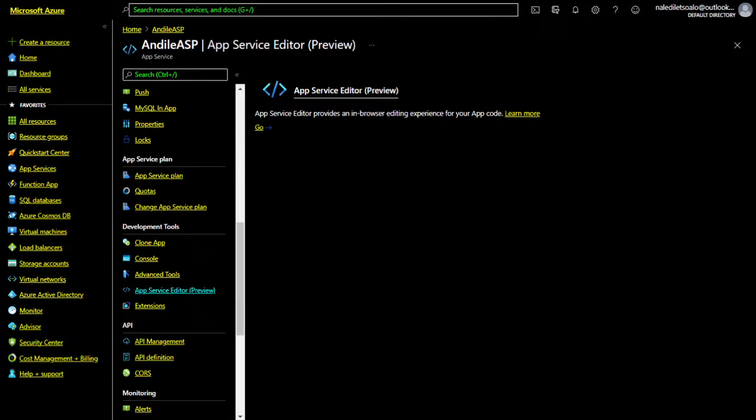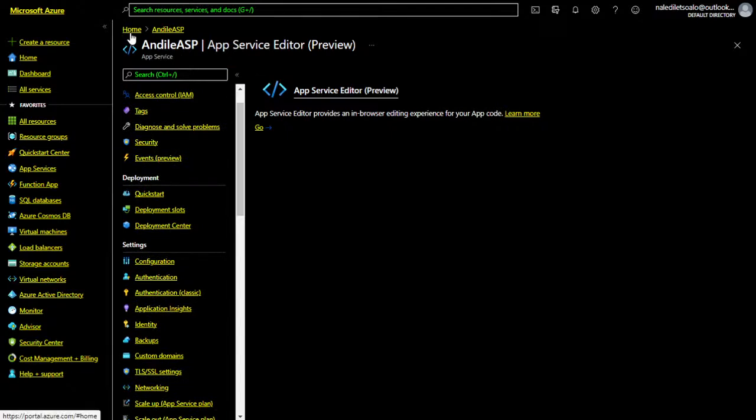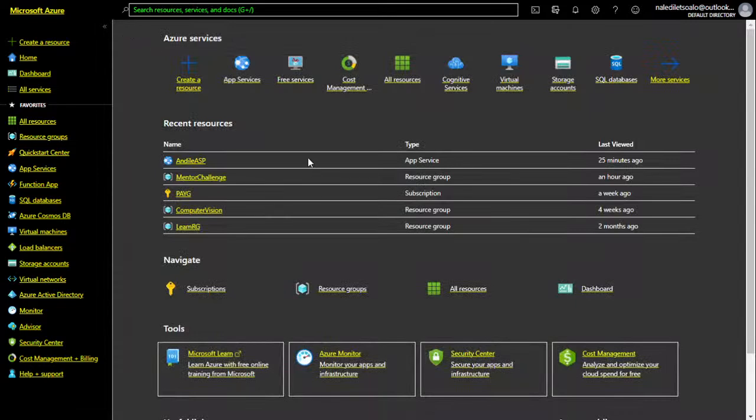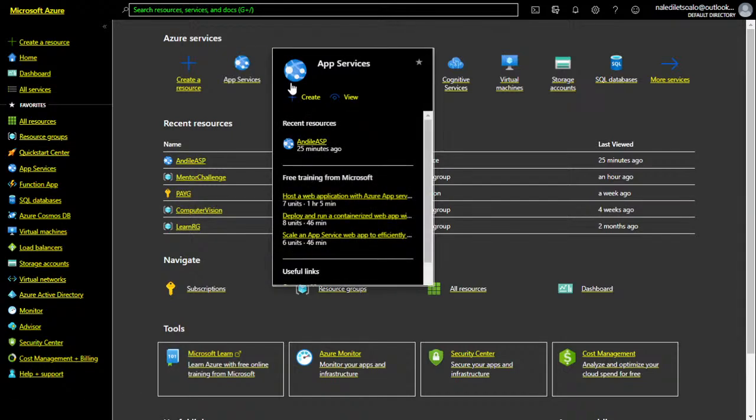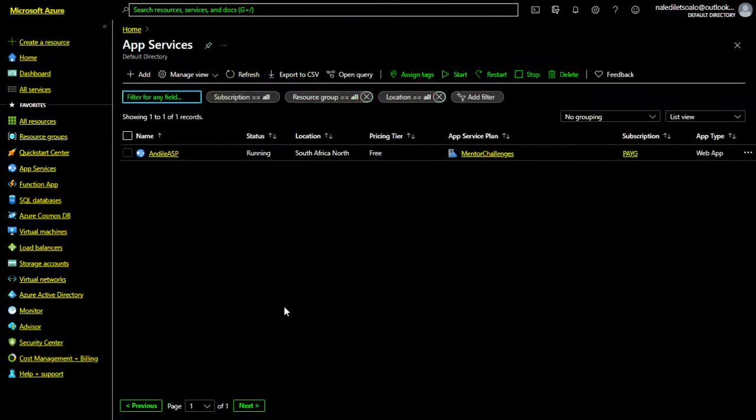All right. So that's the first one down, and I'm going to keep this one alive. So Angular ASP is down. Now we're going to go into the next web app, which is we once again are going to go to app services. All right, let's go to view. And this time, let's create a Python one. So we're now going to create a Python website, right? And this one is where your IDE is going to become very important.